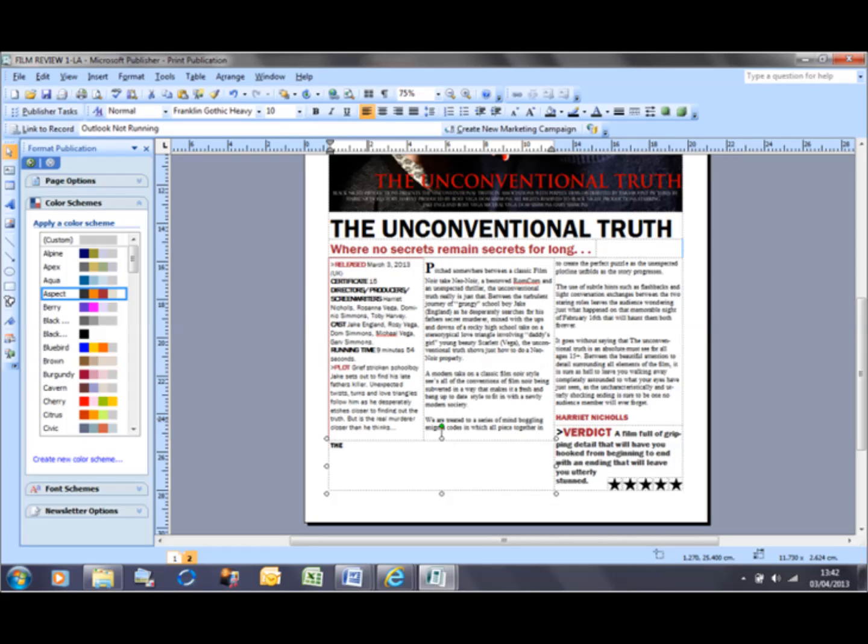Next, I created 2 separate text boxes and I wrote my review in there, and I decided to have the beginning letter for the word pitched, the P, in a larger font style, because I wanted to make it stand out more, and I noticed that this is what a lot of companies do on their magazine review pages, so I thought I'd make it look more interesting by adding this. I also added my name at the bottom as I did for the previous page to make sure the audience know who wrote it,